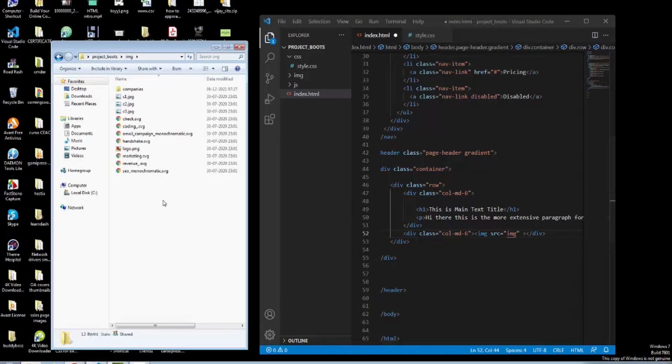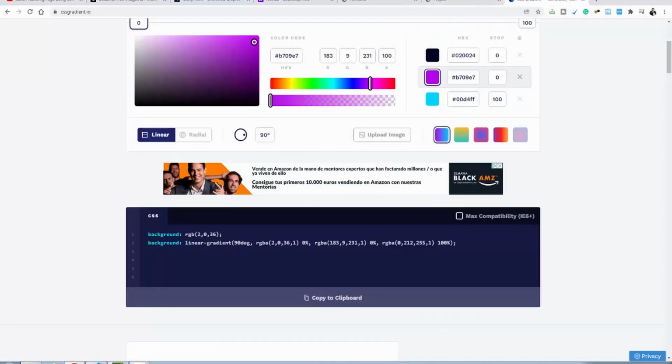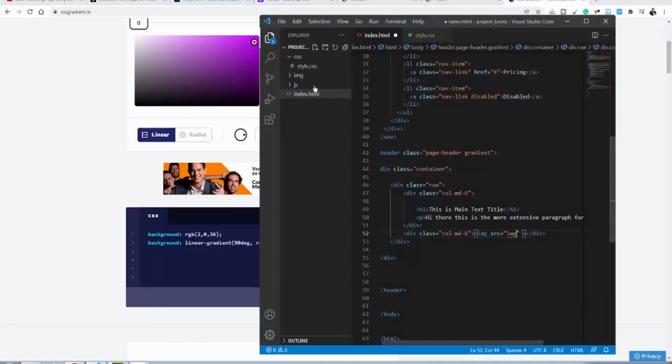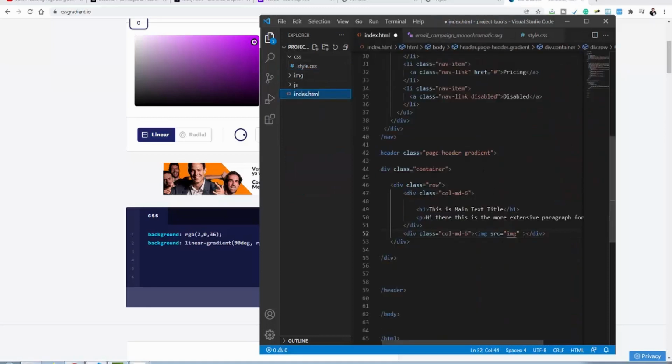So I already have all these images that you can also download for this project if you want to, or you can use your own images if you want to. So I'm going to use this image for our header. So let's go back to the code, and if we go to image, here it is. Okay, so let's go index.html image